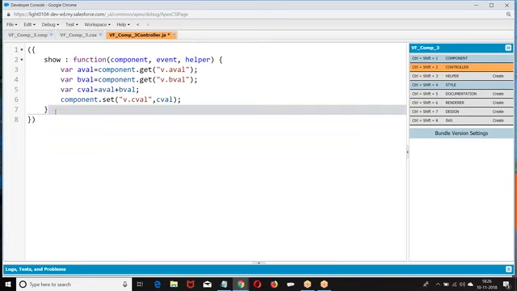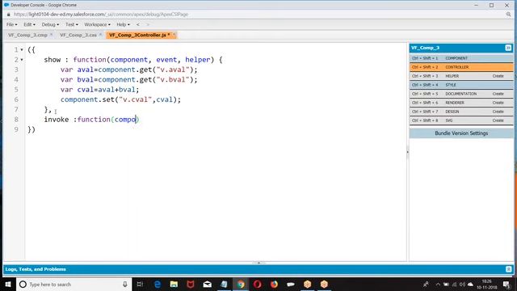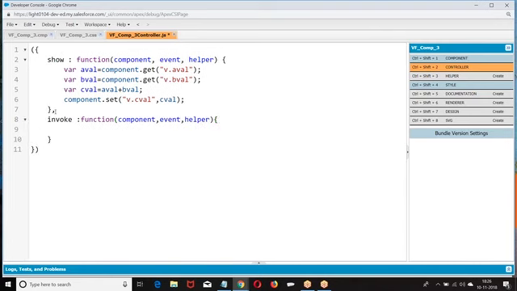Invoke. Just defining the functions here.